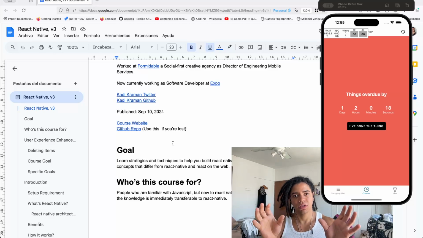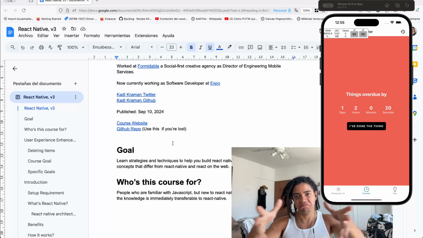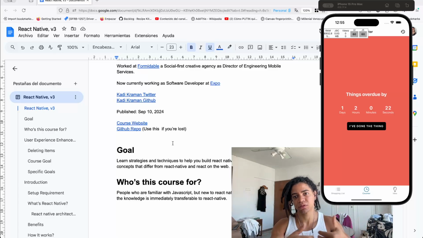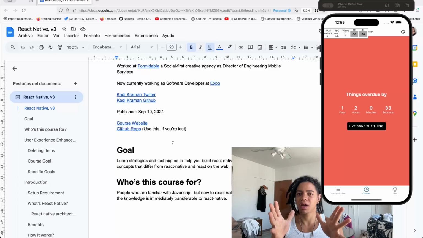So this is also something that the Expo library or framework allows us to do. So it speeds up that process, which is great. And as a way to quickly recap what we have learned so far: how we can use ESLint, Prettier, then starting to create our own first React